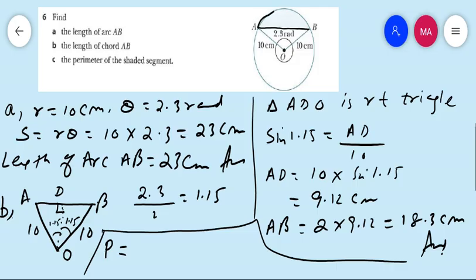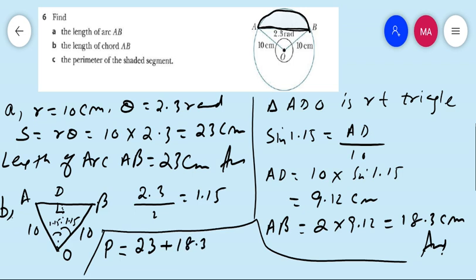One is AB, the length of arc AB we have already found in part A, which is 23, plus length of chord AB we just found in part B,